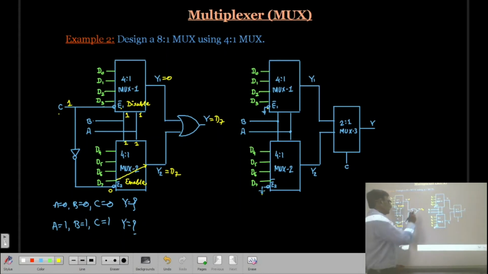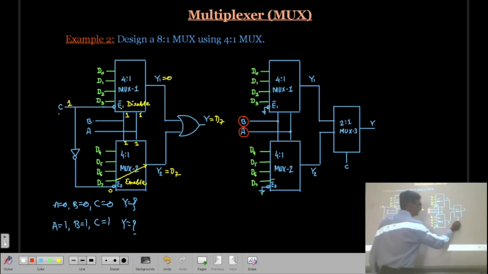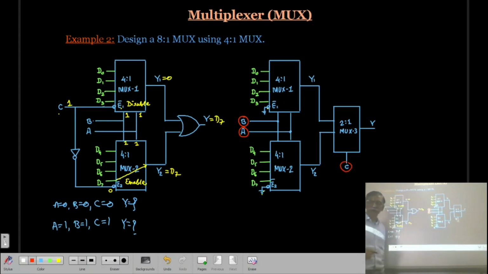Now in the output, instead of the OR gate, we use one more multiplexer, and that is a 2-to-1 multiplexer. And the third selection line will be this. So one of the selection lines is A, another is B, and the third selection line is C.